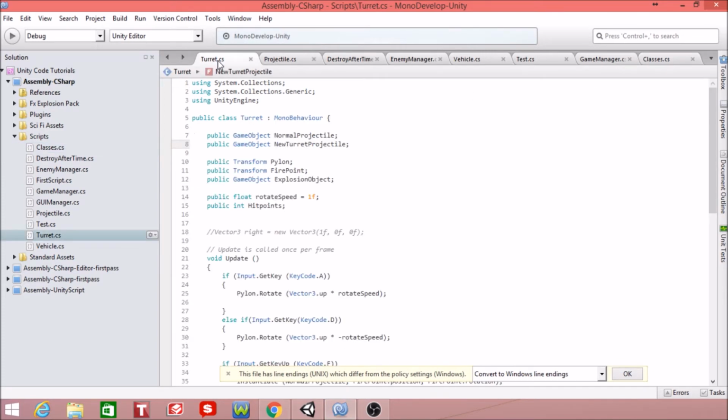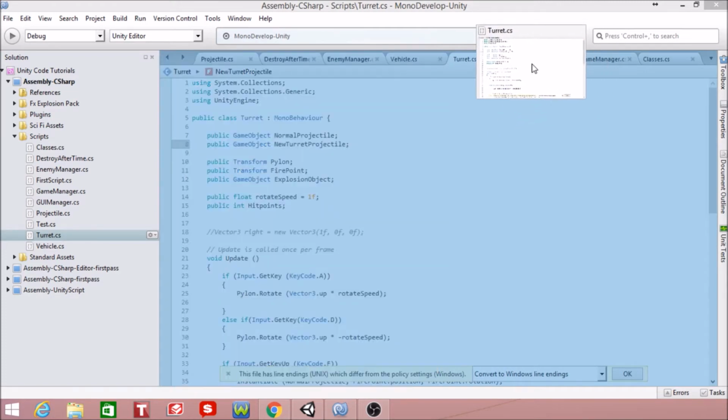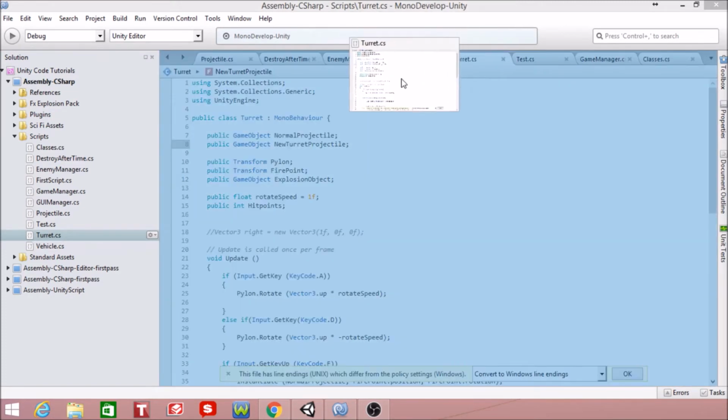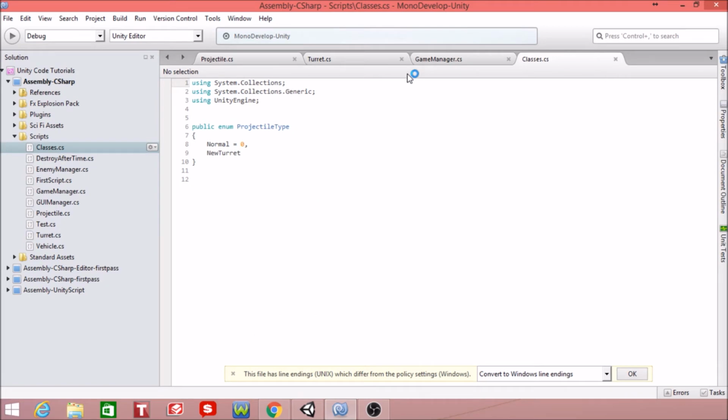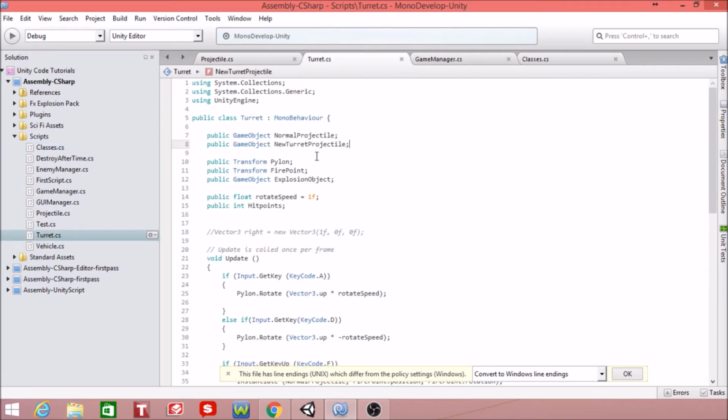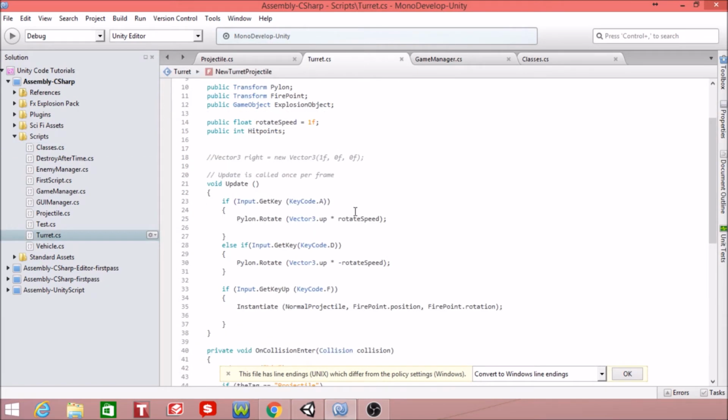So I'm going to drag this over here. Hold on. That's not what I wanted. Just want it right here. Just get rid of what we don't need for right now. Okay, so normal and new turret, normal and new turret. It matches, right? So now instead of just willy-nilly creating a projectile here, we have to go to the game